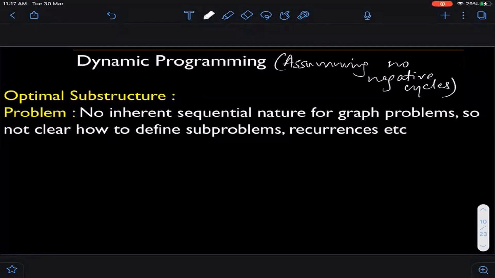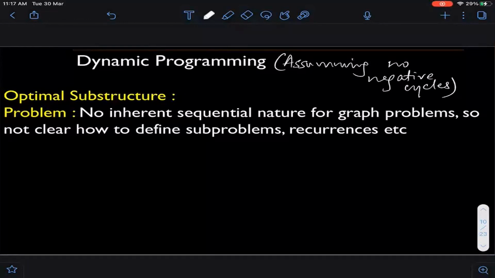But as we will see, in order to be able to output that there is a negative cycle, all we need to do is modify this algorithm only a little bit. Today we will design the algorithm assuming that our graph does not have a negative cycle, but we'll be able to modify this a little and also handle the case when there is a negative cycle. Handle means we just need to output that there is a negative cycle.